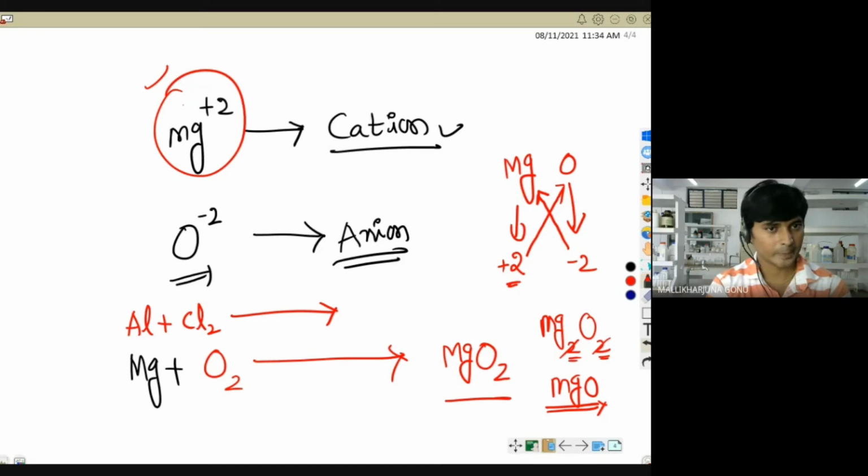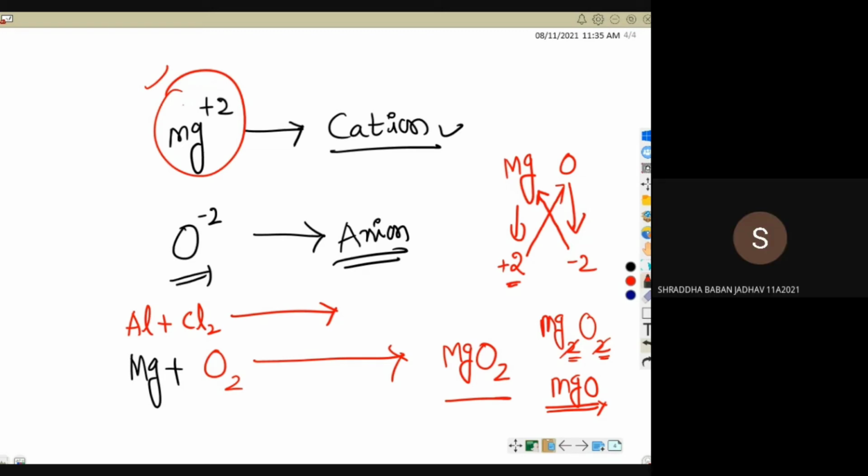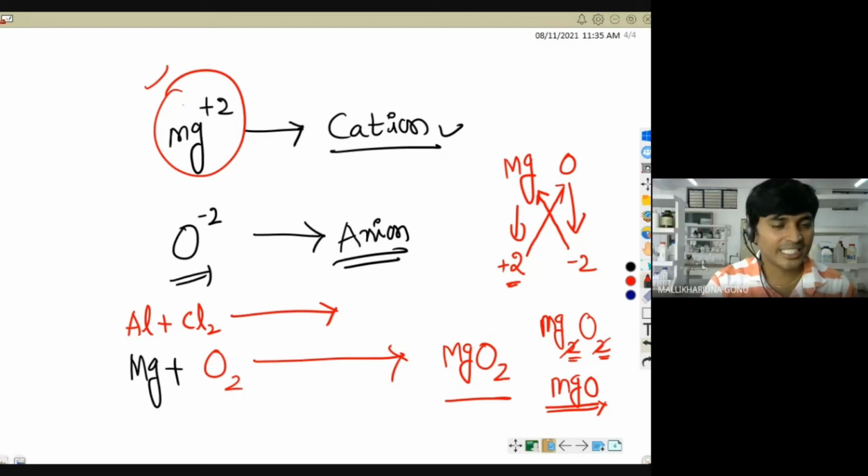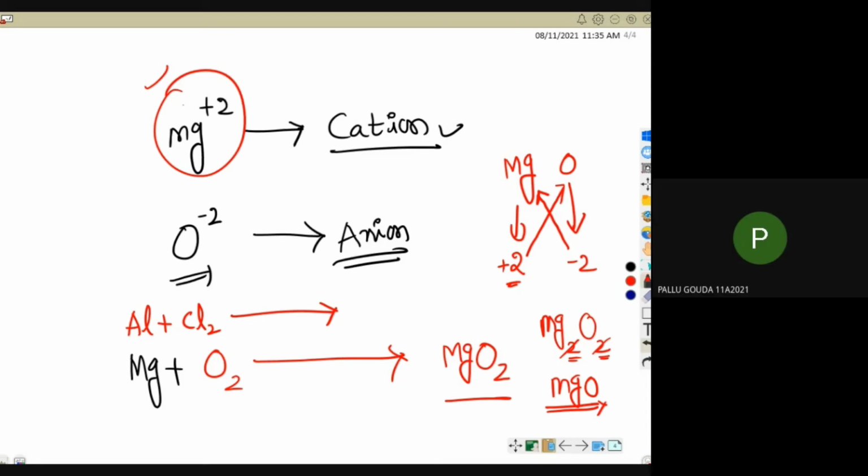Just write on notes and tell me. Do you know what is the valence of chlorine, Shraddha? Do you know the valence of chlorine? Shraddha, yes or no, please tell. Yes, 7. The valence of chlorine is 7. Sir, -3. Don't just throw out anything. Yes Vaishali, say it. Sir, 2, sir. Chlorine valence is 2. Yes Devishri, what is the valence of chlorine? 1. Wait, 2, say it. 8.